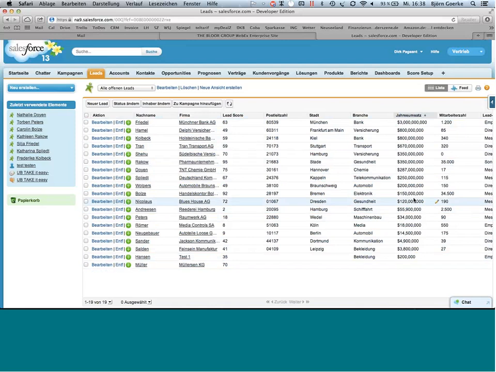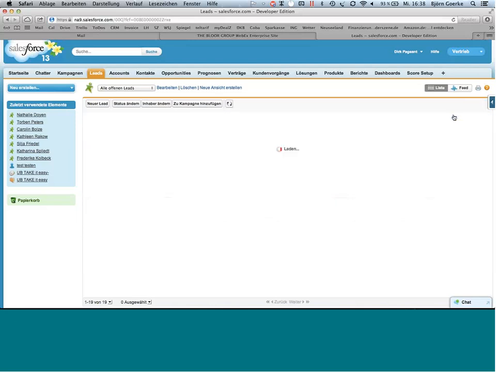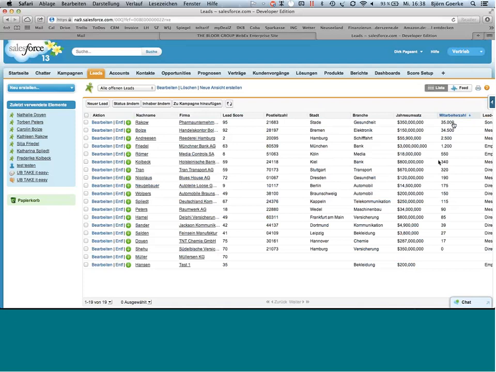This might not be a bad idea, but usually it's not as simple as this, because there is another thing, this might be the number of employees that is important. So if you rank your list by the number of employees, you see the list is different, and the top lead is a pharmaceutical. So this of course is a contradiction to the list you had before. So the question is, what really is the best? So what we do is